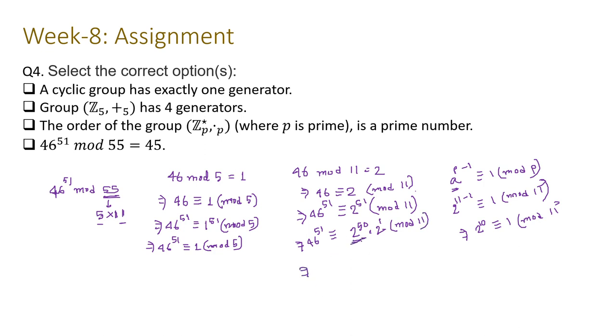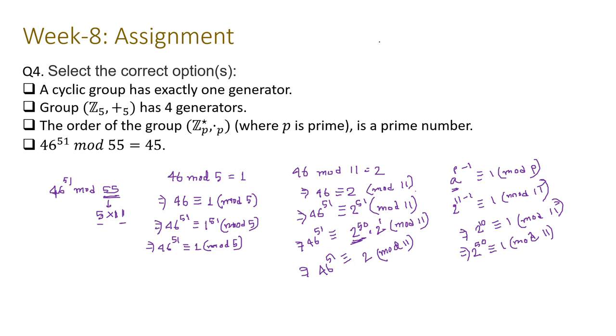And for 2 to the power 50, because 2 to the power 10 is congruent to 1 mod 11, 2 to the power 50 is this raised to the power 5, right? So 1 to the power 5, that is also 1 mod 11. So 46 to the power 51 is 1 times the remaining 2, that is 2 mod 11. Okay, now you have 46 to the power 51 is 1 mod 5, and 46 to the power 51 is 2 mod 11. Now you have to solve for